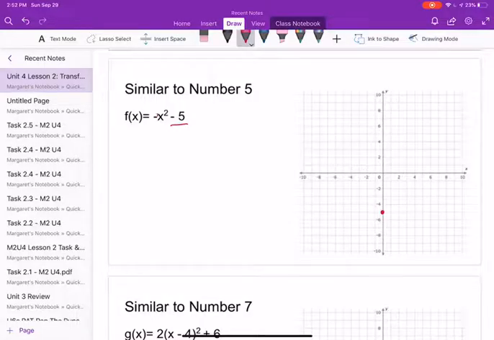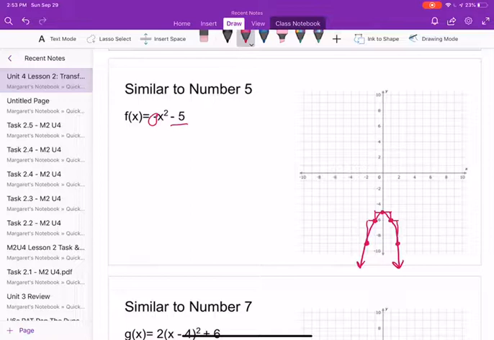Then the negative 1 in the a means that we reflect the parabola over the x-axis so that it's concave down. So instead of going over 1, up 1, we're going to go over 1, down 1, and plot our new point. Then we're going to go over 1, down 3, and plot our new point. And so our parabola